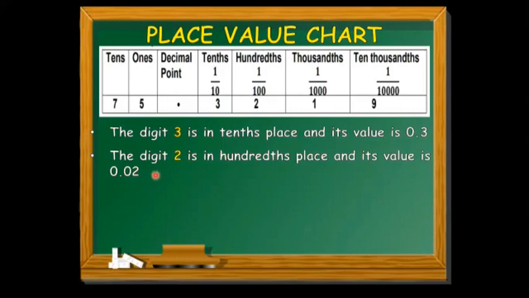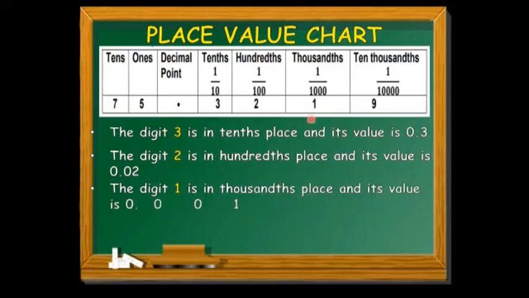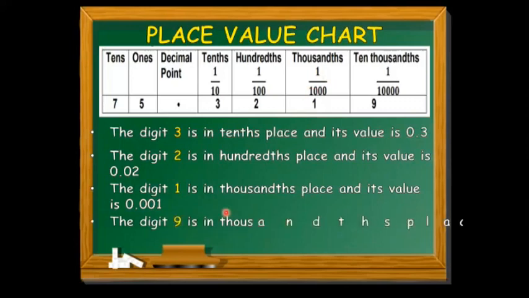Okay. The next one, the digit 1 is in the thousandths place and its value is 0.001, or we read as 1 thousandth. And then last, the digit number 9 is in the ten thousandths place and its value is 0.0009, or 9 ten thousandths. Okay? So kung mapapansin nyo class, dun sa value niya, yung number na yun, lahat ng number sa left